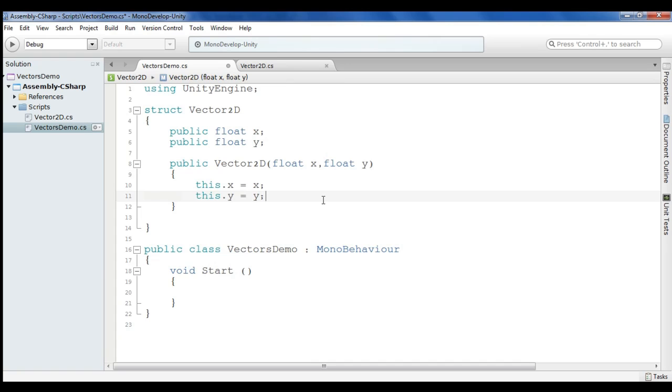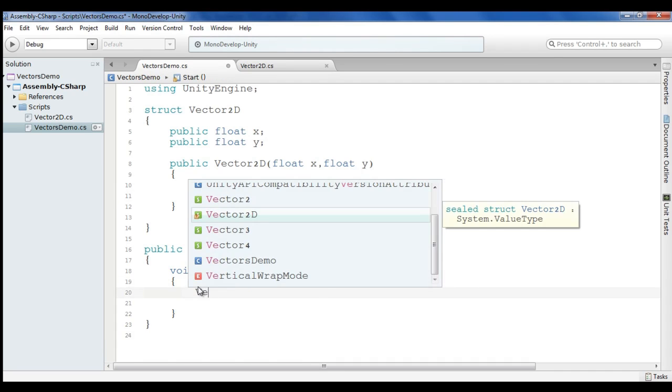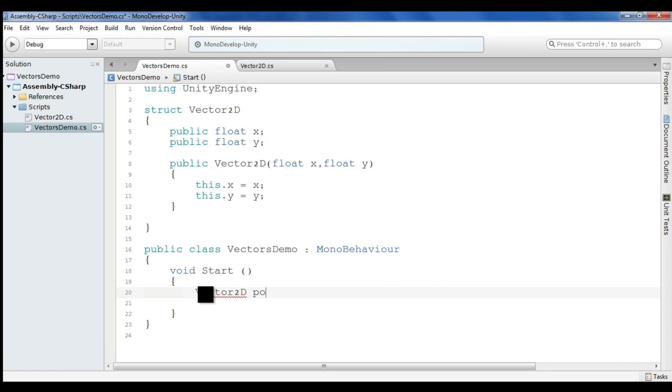Simple, right? Now we know that we can create vectors by saying Vector2D, let us take position, is equal to new Vector2D, and we can use any one of the two constructors. I'm using the second one, that is the parameterized constructor. I say here 200.0f comma 200.0f, bracket close, semicolon.